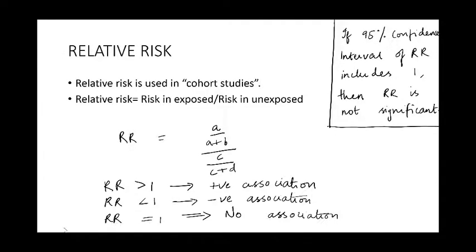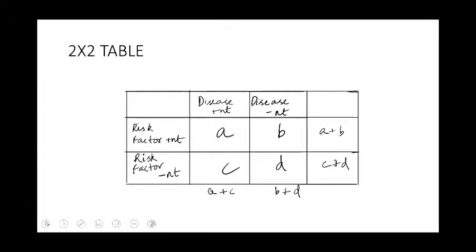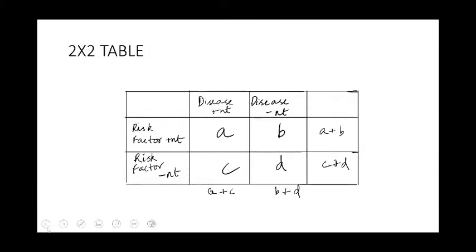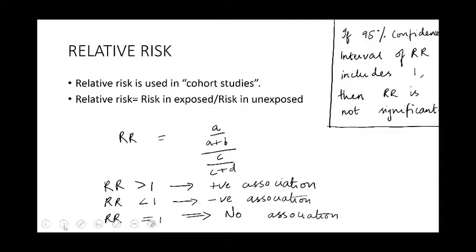So first we come to relative risk. Relative risk is used in cohort studies where the denominator can be defined. So in cohort studies, the incidence can be defined and hence relative risk can be used. How do we define relative risk? It is risk in exposed divided by risk in unexposed patients. So when we go back to the 2 by 2 table, we see here risk in exposed by risk in patients who are not exposed to the risk factor. So it is A by A plus B, divided by C by C plus D. And this gives the relative risk.